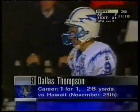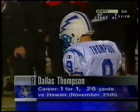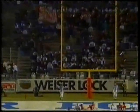Dallas Thompson's only attempted 1 field goal because he came in for Randy Roberts and took over. Hasn't missed a kick yet. Perfect on the extra points. 11 for 11 and 1 for 1 on the field goals. Not this time, though. Well,